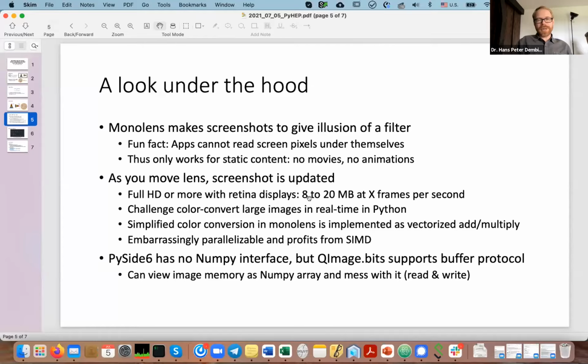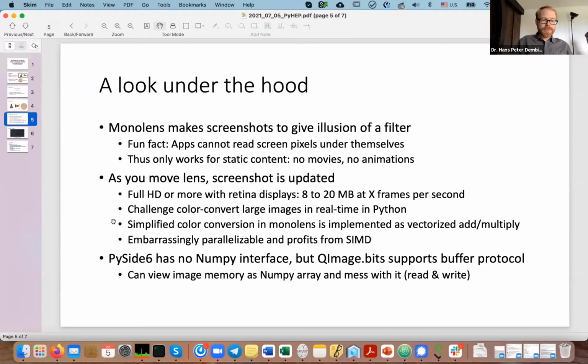And this is actually quite a challenge to do in real time, because if you have a full HD device, as you probably have, and if you have a Retina device, it's even more pixels, then you have 8 to 20 megabytes, and you want to have a certain number of frames per second. And if you color convert this in real time in Python, you will have a problem.